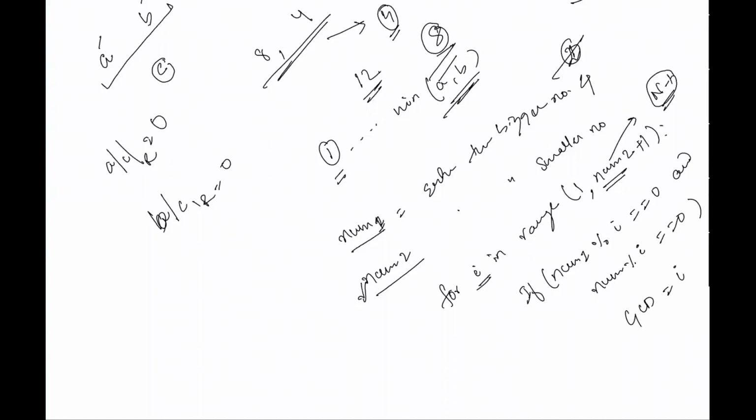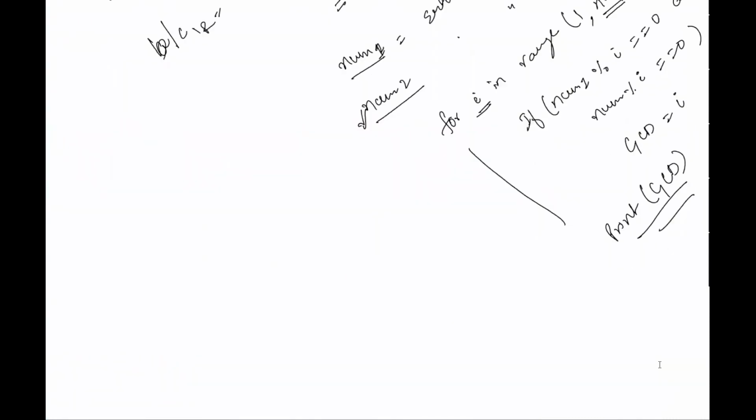And then finally outside this for loop, because I need to do that iteration, I will explain it through a dry run, and outside this for loop I will say print GCD. Okay, now let me just do a dry run for this. So the problem was, let me take a simple number now, 8 and 4.